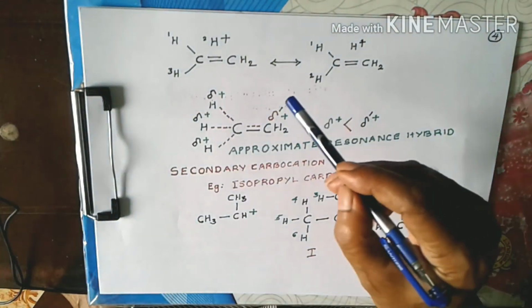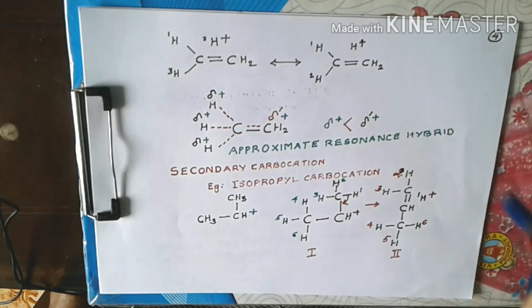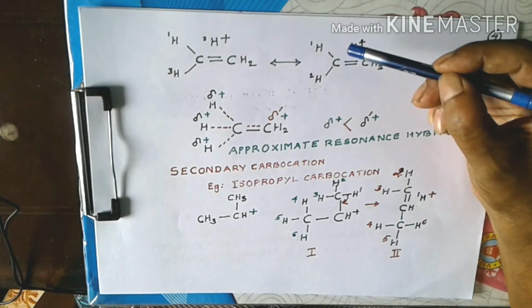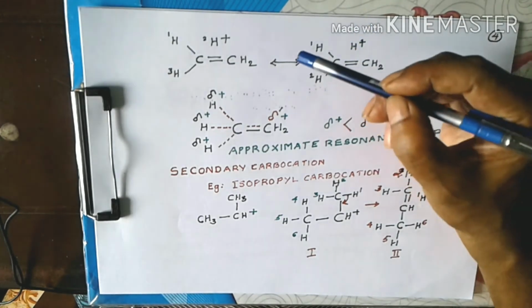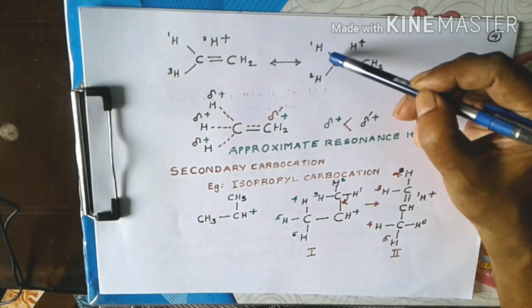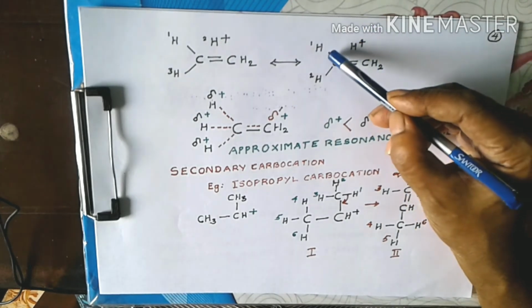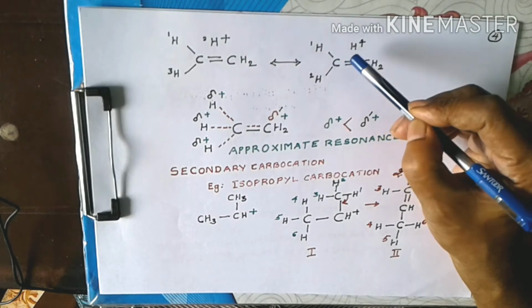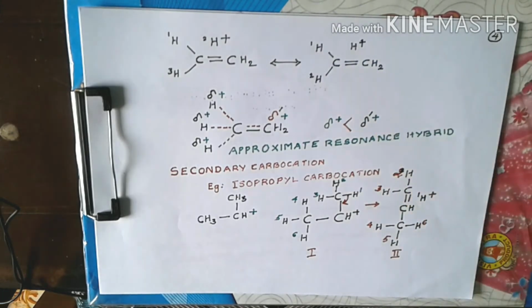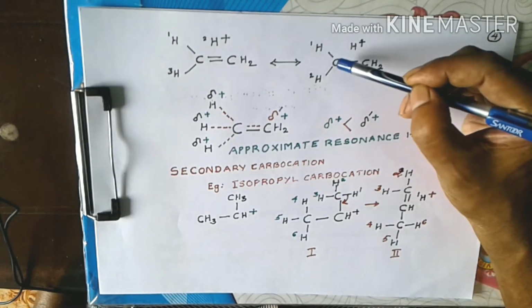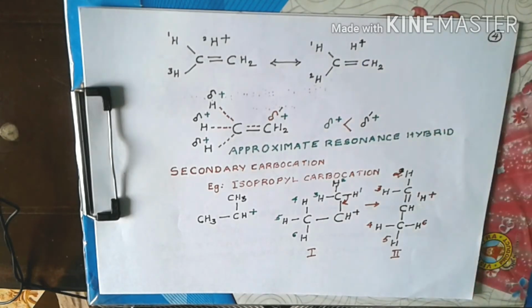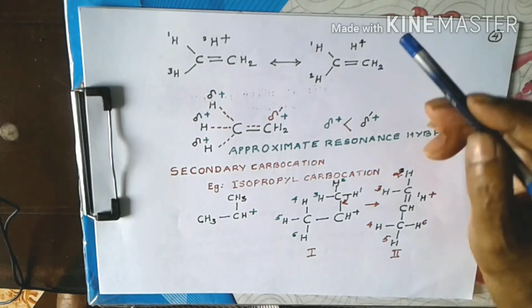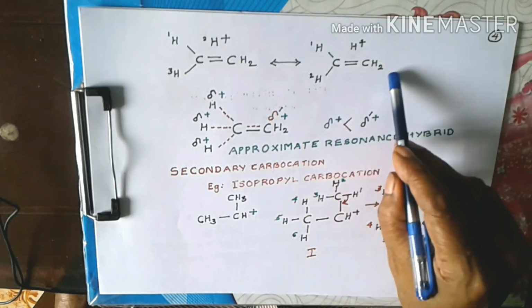So altogether we have three such structures for ethyl carbocation. Now the net effect is that the bond between carbon and hydrogen is partly driven to the position in between carbon 1 and 2. So electron density moves from the position between carbon and hydrogen to the position between carbon and carbon. So there is movement of electron pair to form the canonical structure shown.